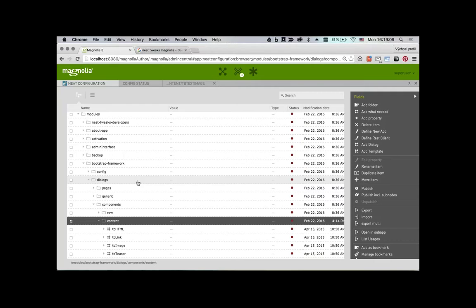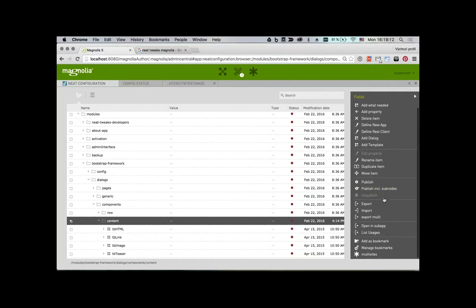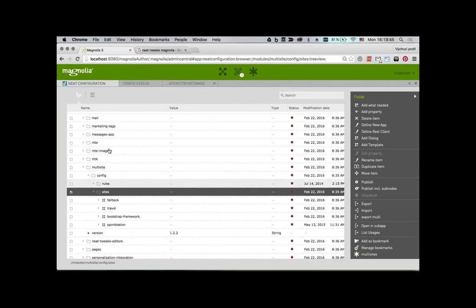Okay, another tweak I would like to show is here at the bottom of the action panel, which is the bookmarks. Well, it's not so advanced or so smart as the favorites here on the top, because the favorites on the top are assigned just for the user and can go to different workspaces or apps or anything. But I really wanted something easy, which only editors or super users can have, at the bottom of this. And here you may see I have the multi-site, so if I click on it, I'm immediately redirected